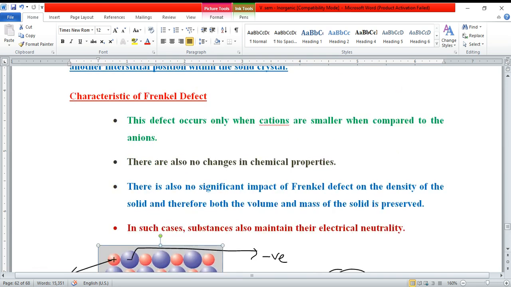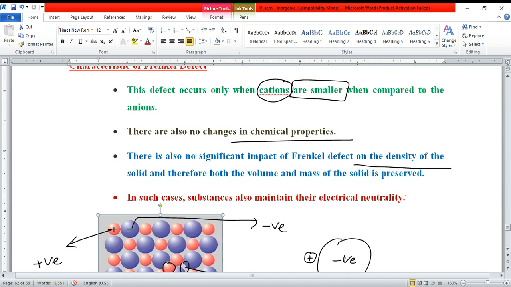So what are the characteristics of the Frenkel defect? This defect occurs only when cations are much smaller when compared with the anions. We have to note it down. There are also no changes in chemical properties. There is also no significant impact of the Frenkel defect on the density of the crystal, because in the given volume of the crystal lattice,